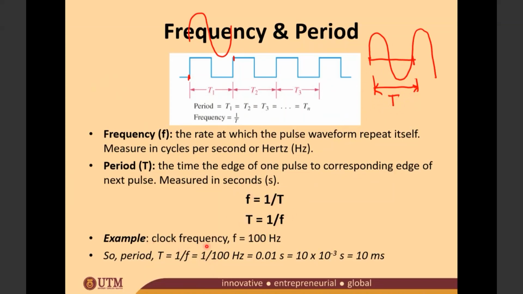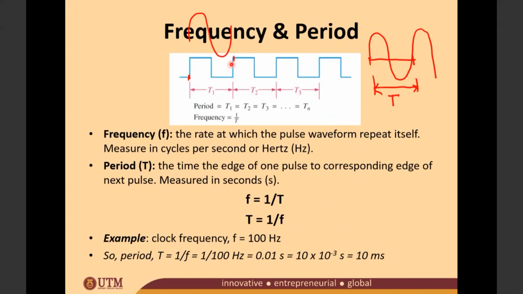Contoh, okay, a clock frequency F sama dengan 100 Hz. Okay, kamu ada frekuensi 100 Hz. Okay, now you're going to find out what is T. Okay, so T sama dengan 1 over F, which is 1 bahagi 100. Kamu dapat 0.01 seconds ataupun 10 milliseconds. Okay, so from this frequency, you can get your period T, or from this T here, you can get back the F by using the same formula. Okay, so from this waveform here, kamu boleh dapat dia punya period, dan pada masa yang sama kamu boleh dapat dia punya